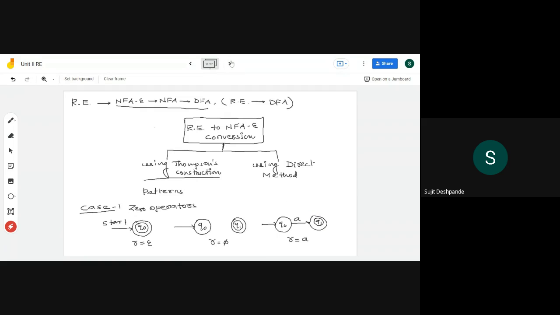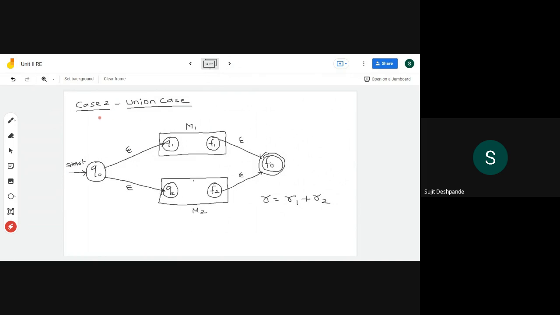Yes. Okay. Now next, we'll go to the next slide. Case number two is for union operation. We have to assume that we have a regular expression for union operation. It is defined something like this: r is equal to r1 plus r2. Now for this type of regular expression, where r is equal to r1 plus r2, we can assume